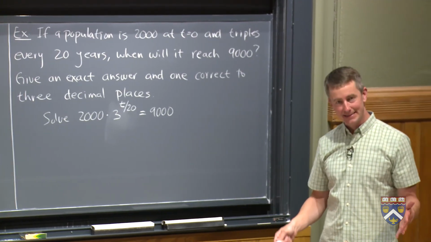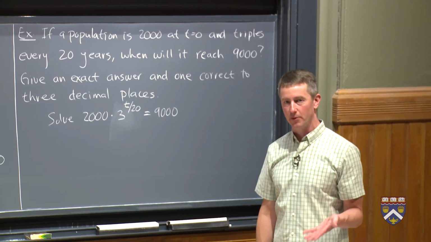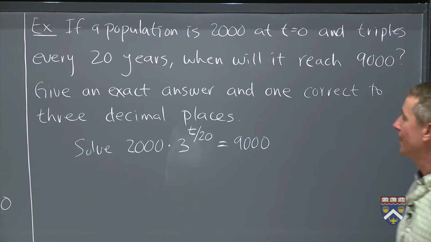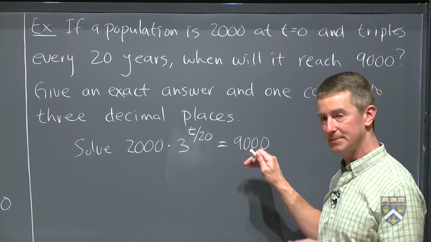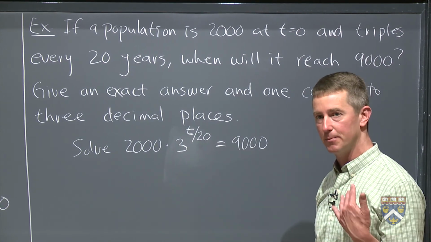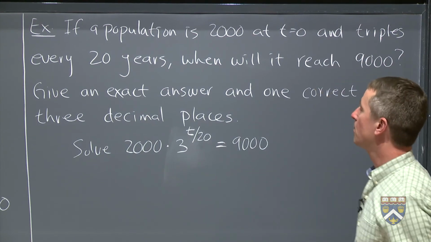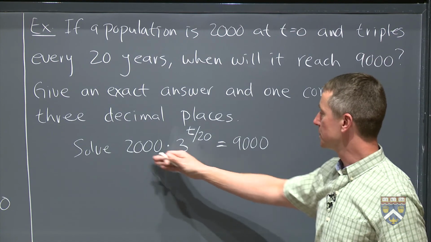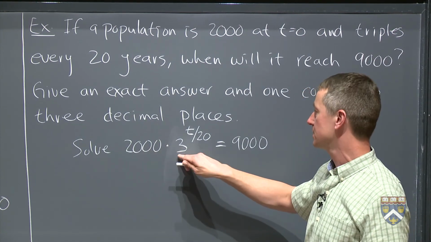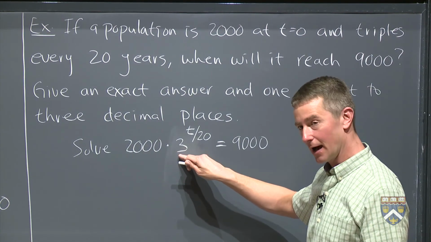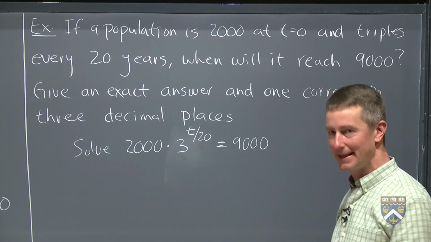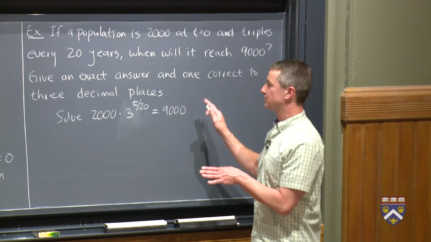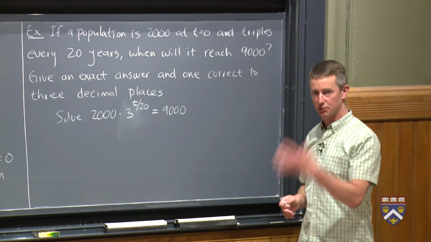And again, I'd like us to get into the habit of checking in advance for what a reasonable answer is. So we already know that at time 20, we'll only be up to 6,000. So our answer had better be more than 20. Will it be more or less than 40? In 40 years, we should have tripled twice. So we should have gone from 2,000 to 6,000, and then tripled again to 18,000. So that's too much. So we know that the answer is going to have to be somewhere between 20 years